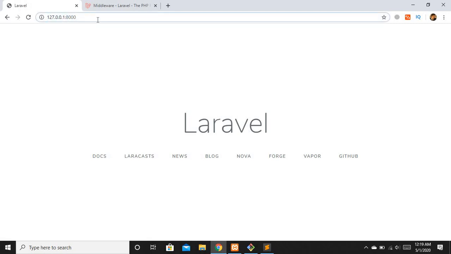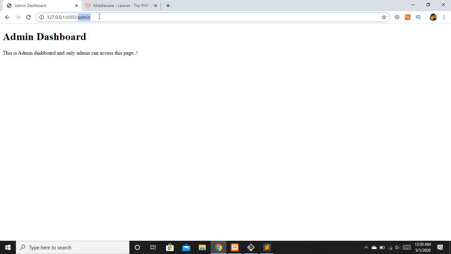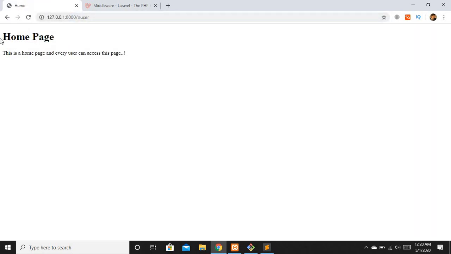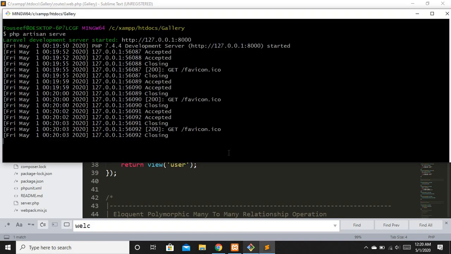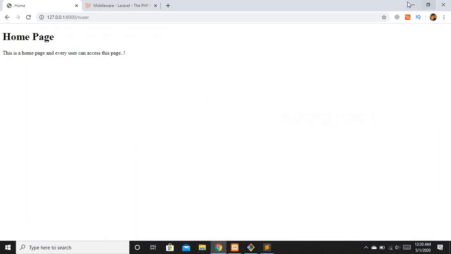Okay, now let's hit the admin route right here, and we have our admin dashboard page and user route, and we have our home page. Okay, now I will just stop this project, and now I'm going to follow the first step from right here,